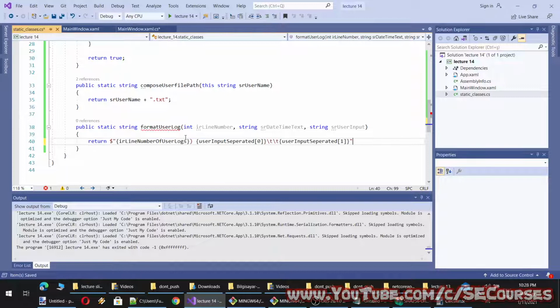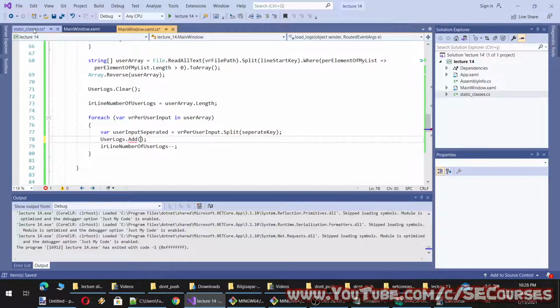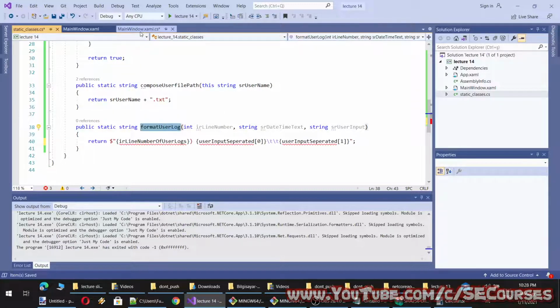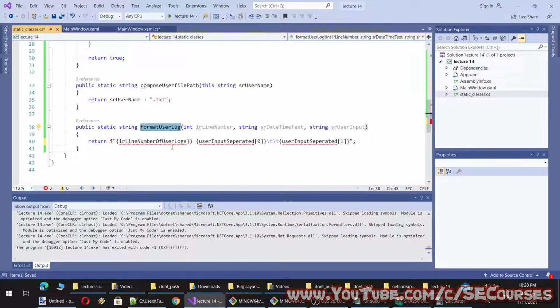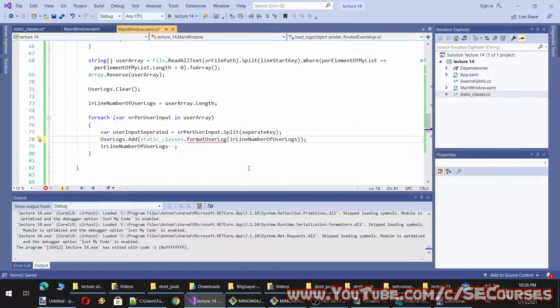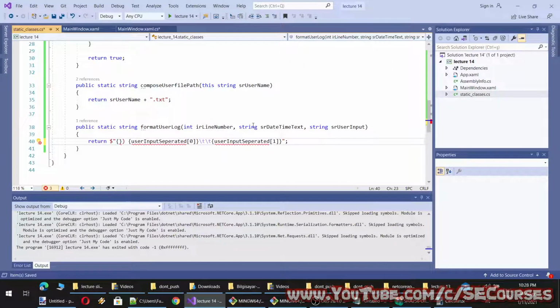Okay, return this one, and let's call that method from this static class, static classes dot format user log, and the line number will be line number here, and instead of that we will use this user separated text.